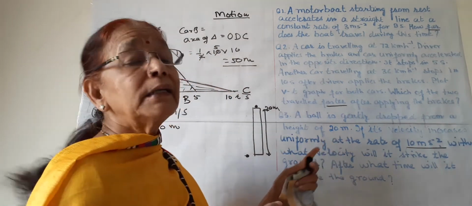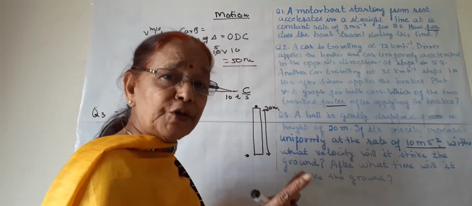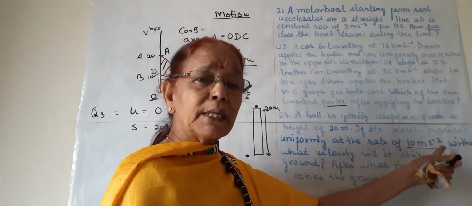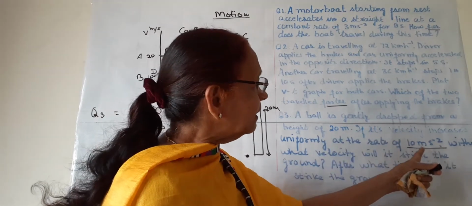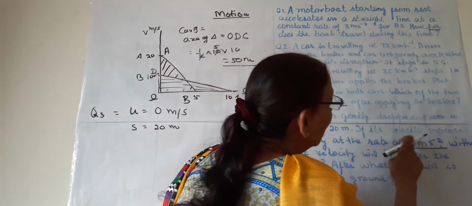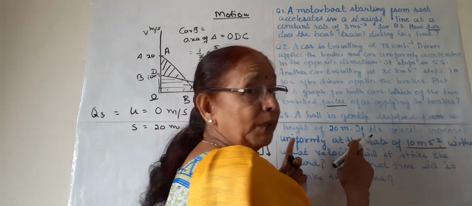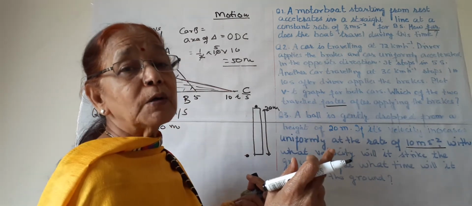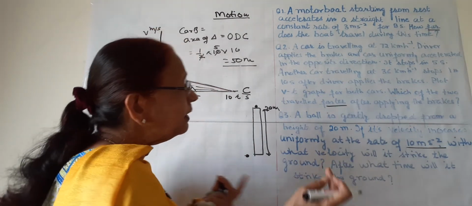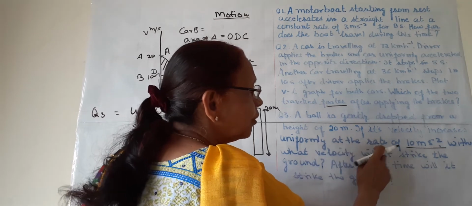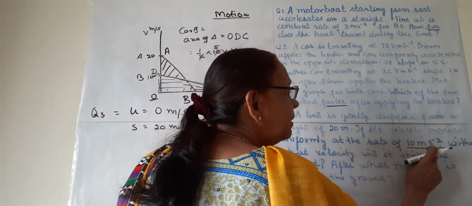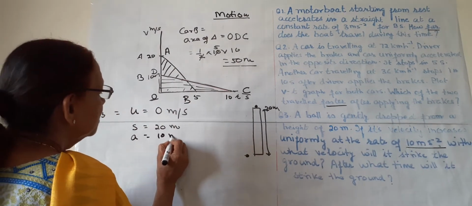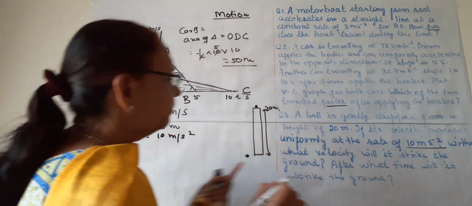It is not exactly written that it is acceleration, but first, by the unit meter per second square, we can know this is acceleration, and second, its velocity is increasing uniformly. When the velocity increases uniformly, then it causes acceleration. It is very easy to know whether it is acceleration or not by the unit 10 meter per second square. So acceleration is given as 10 meter per second square.